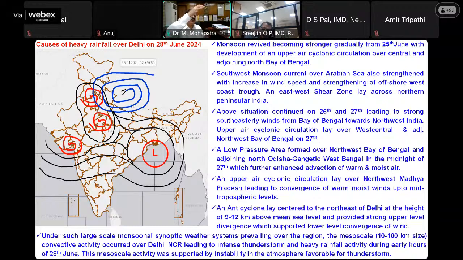So if you've got a water pipe, and the water pipe is open on both ends, then flow continues. There could be good convergence of water at one end and divergence of water at the other end. Similarly, in the air also, because of the cyclonic circulation of the low pressure area, there is convergence of air. At the upper level, this anticyclone provided the divergence, and hence air could be lifted. And this lifting of air led to the intense thunderstorm activity. So it was intense thunderstorm activity during that period, associated with a copious amount of rainfall.